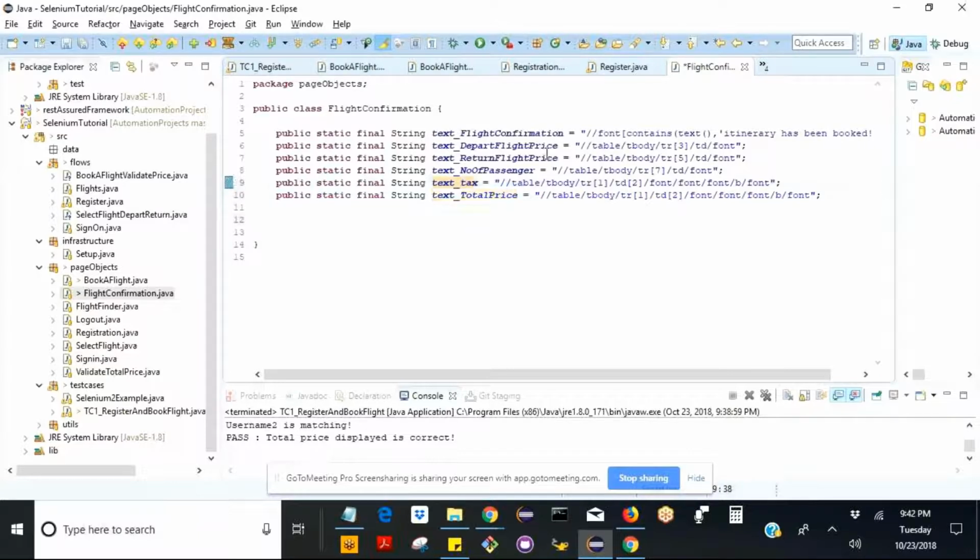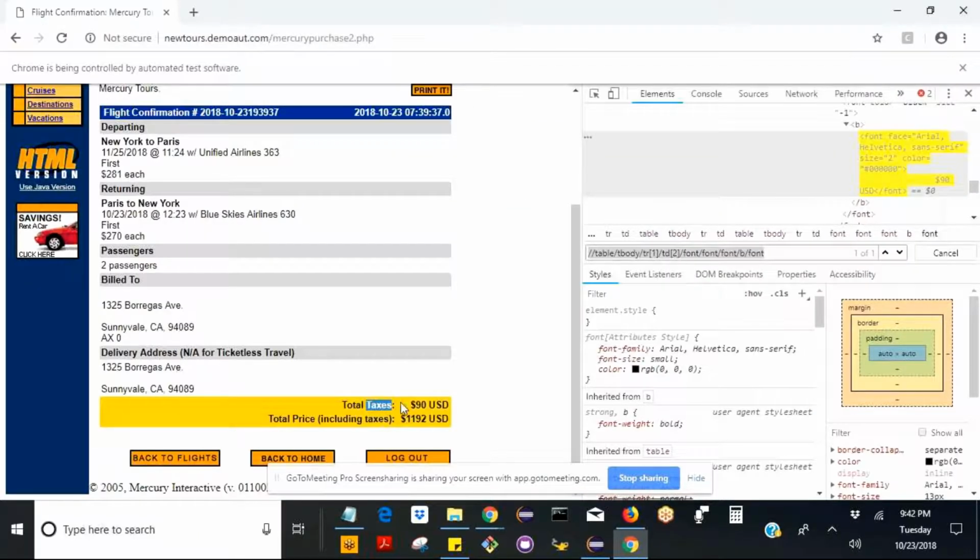Okay, so can anybody guess what is the total price? Here, this is obviously the next row, right? So all I have to do is change the row number. So let's change TR1 to TR2. Okay, so still it is not correct. So you cannot know. There are hidden rows, so you cannot take a chance. And what I have to do is